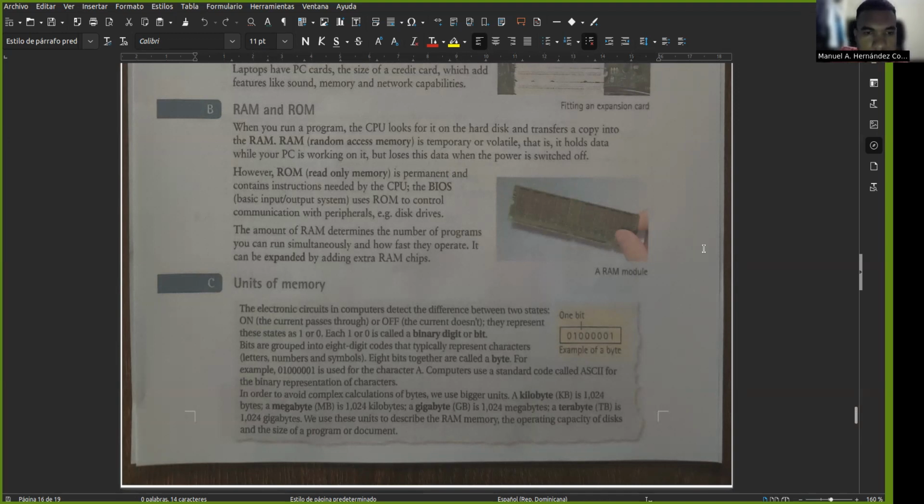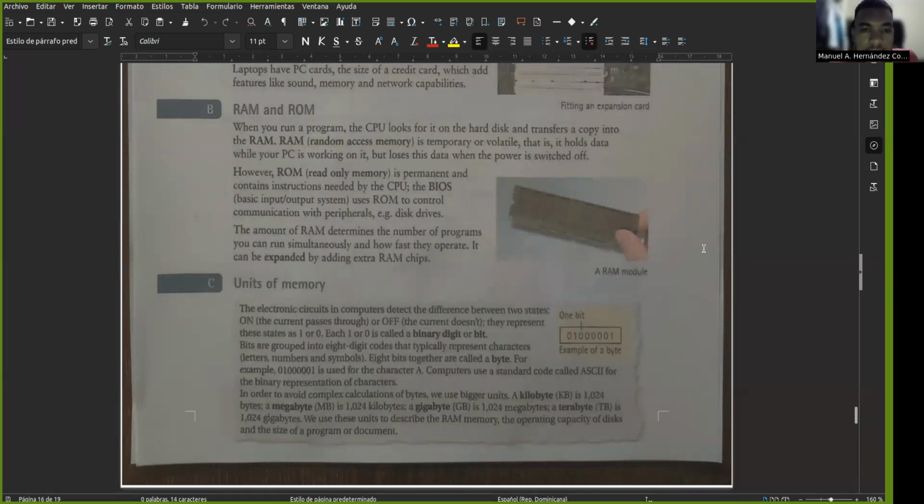Unidades de memoria. Los circuitos electrónicos en las computadoras detectan diferencias entre dos estados: encendido, que es cuando la corriente pasa a través del circuito, y apagado, cuando la corriente no pasa. Ellos representan estos estados como 1 o 0. Cada 1 o 0 es llamado un dígito binario o un bit. Los bits se agrupan